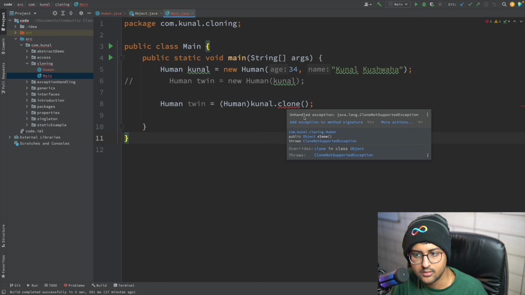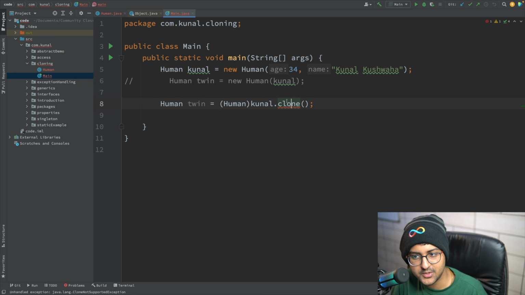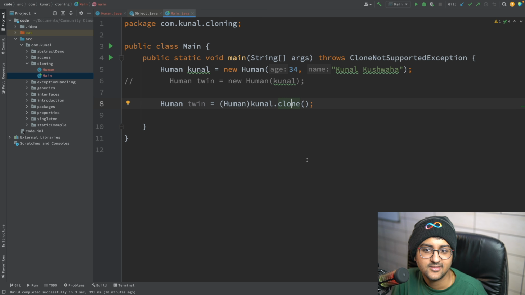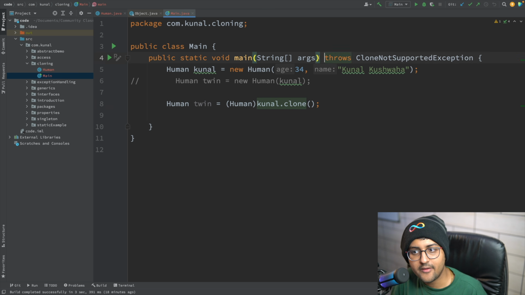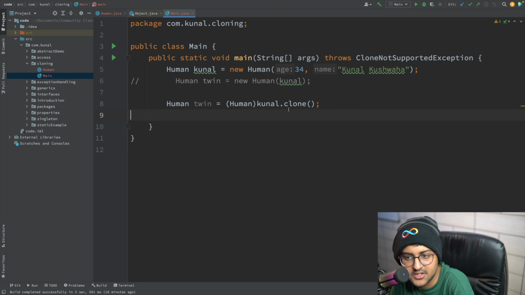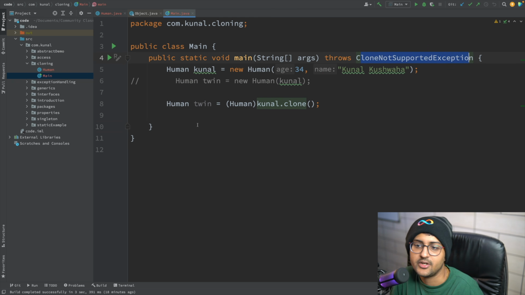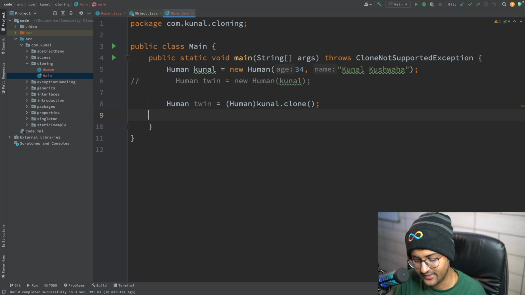Okay, it also throws an exception, so if you're using it, you have to mention it. If something you're using inside a method throws an exception, you have to mention in the definition of this function that something inside it throws this exception. That's it.